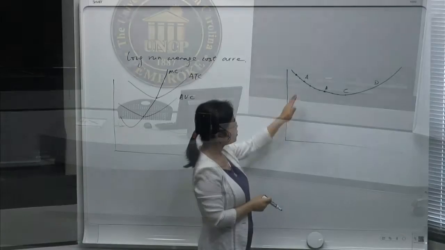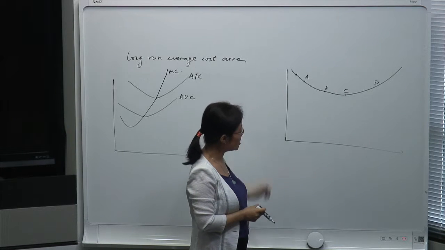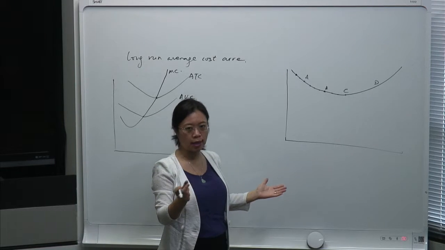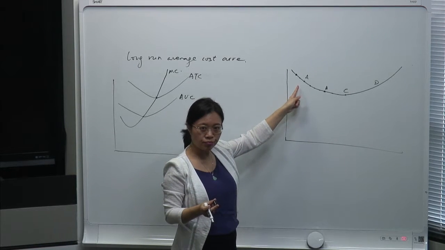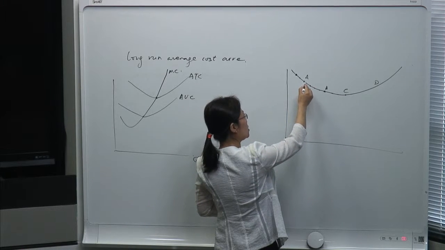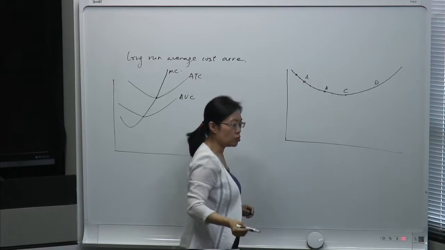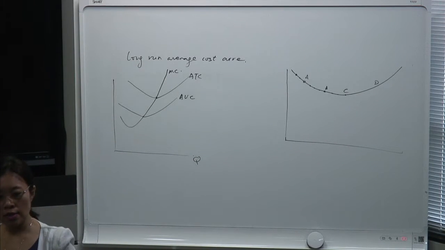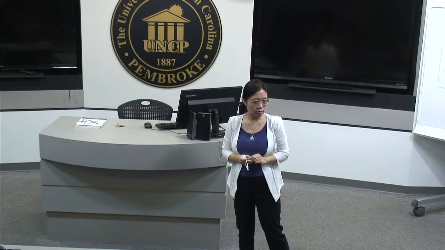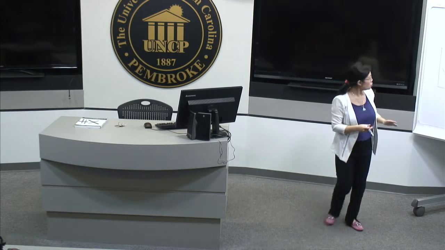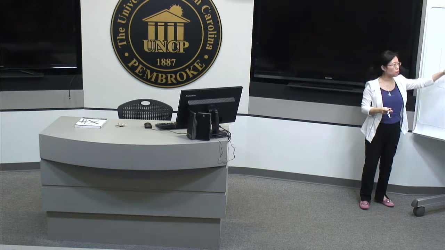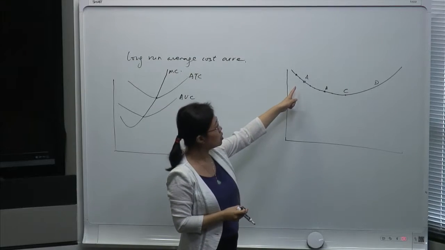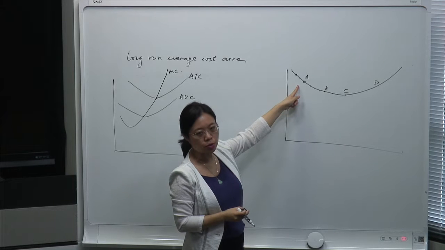Okay, so right now we're going to fix the scale and start the analysis here. Let's suppose the firm has already chosen a scale, which is A. Once the scale is chosen, the analysis turns into a short-run analysis. Then we're going to use this kind of graph to solve the problem for optimal output and optimal input. So once the scale is determined, the problem turns into a short-run problem.